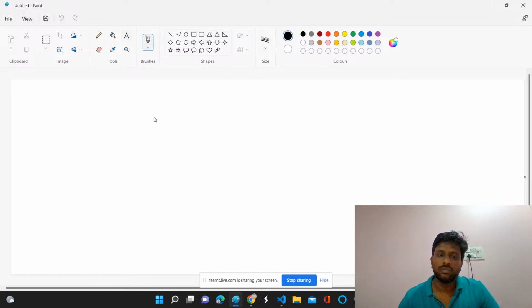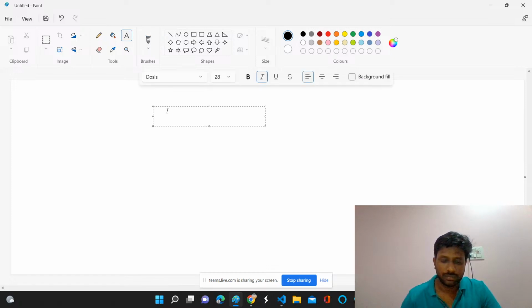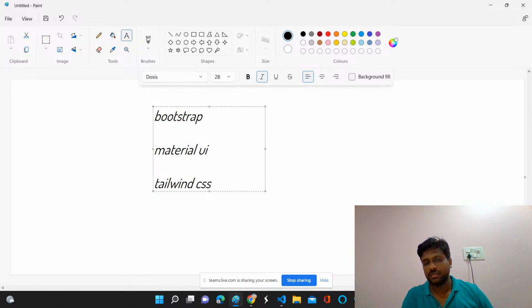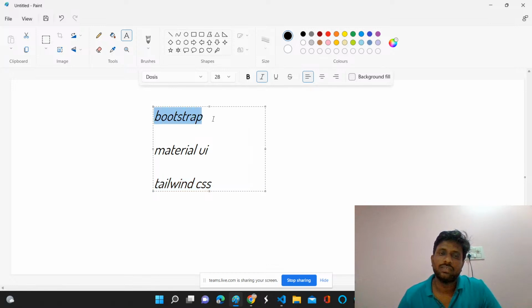Bootstrap is the most popular from the beginning, then Material UI and Tailwind CSS. Tailwind CSS came, I think, 2 years back if I'm not wrong, but nowadays everyone has started loving Tailwind CSS. So in these first 18 sessions, I just provided a few basics about Bootstrap, and in the